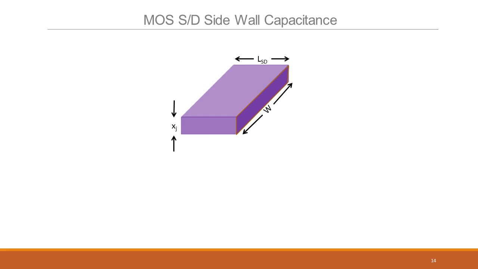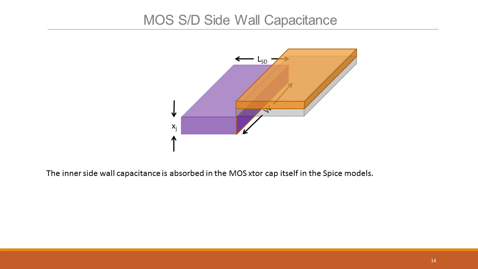So if you do take a SPICE netlist, you will see the bottom wall area and the three side walls that we talked about. The top anyway doesn't contribute, but you will not see this particular junction area being accounted for. Because the designer, as we again said, has no control over it. It is always going to be there. Whether you like it or not, it's going to be there. So it is taken as part of the MOS transistor. Okay. So with this, we kind of conclude the capacitance of a MOS transistor as well. Okay. The inner wall capacitance is observed